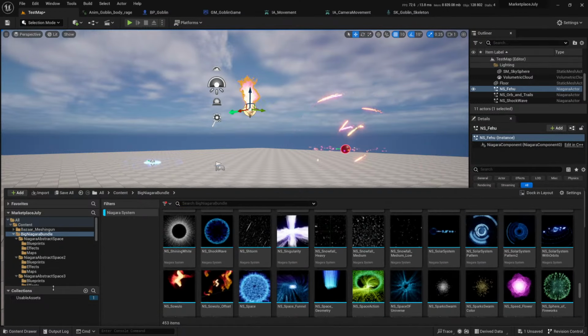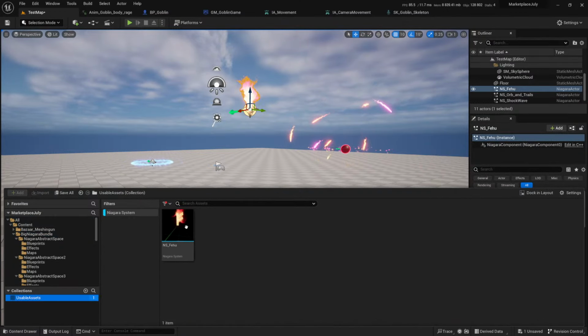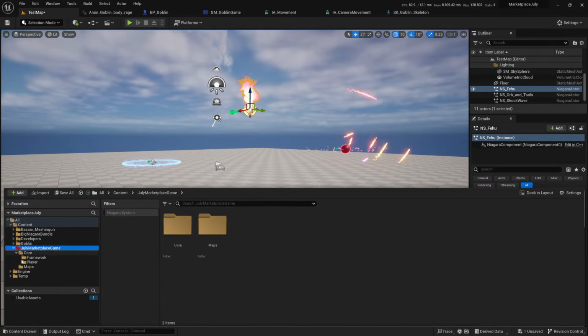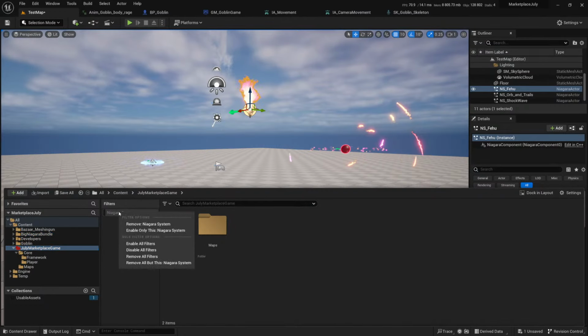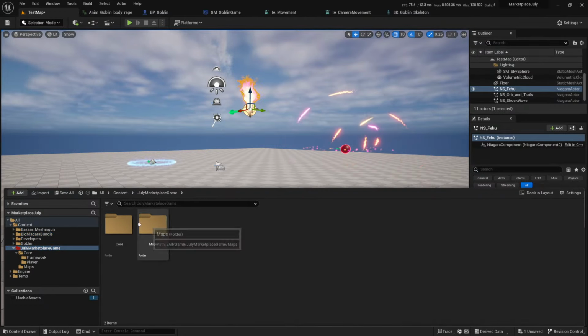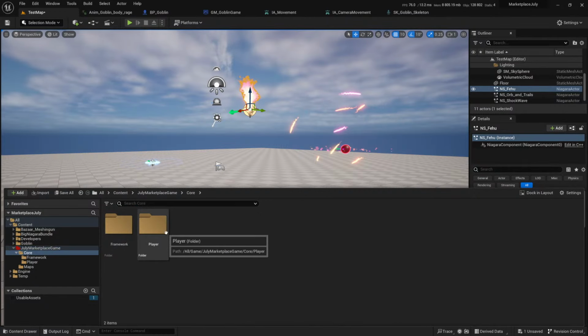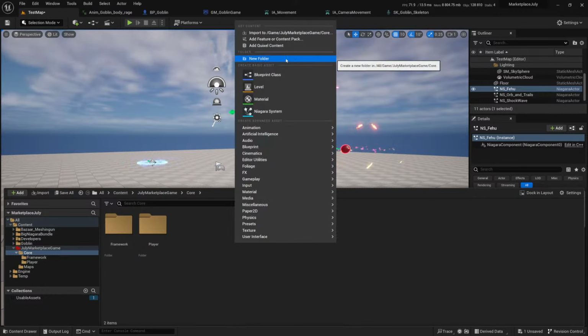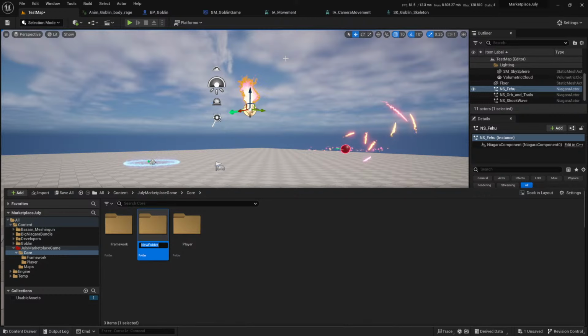Yeah, I'll come back and see more effects if this doesn't work out. Okay, so let me remove the filter and go back to my marketplace game. Go to core, and here I should create the projectile. So just in case I have more than one projectile,